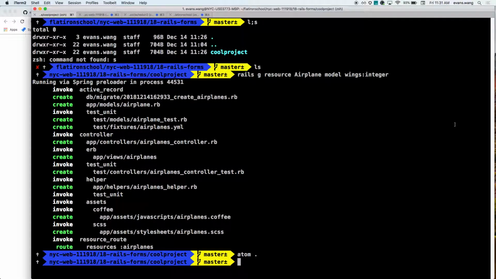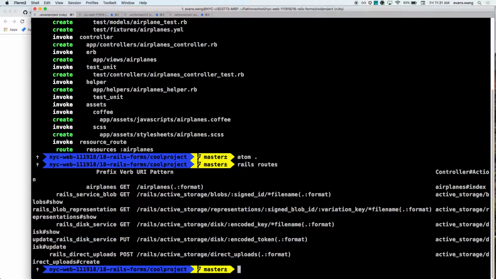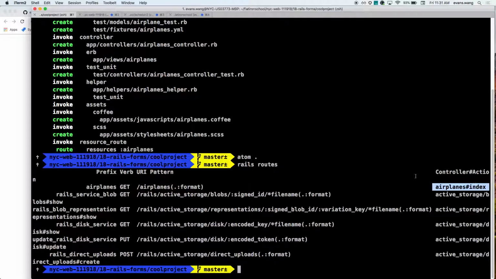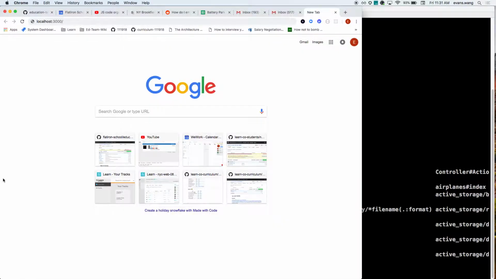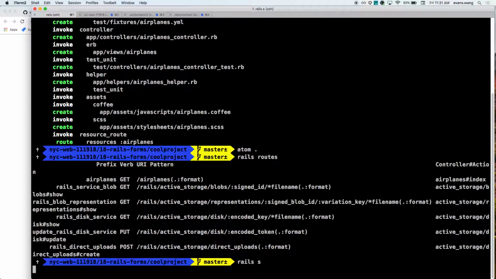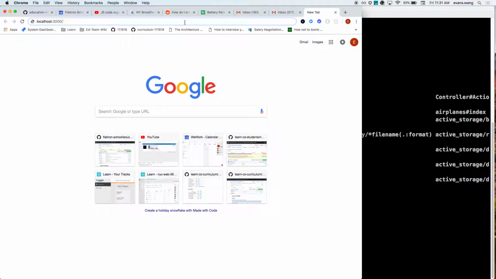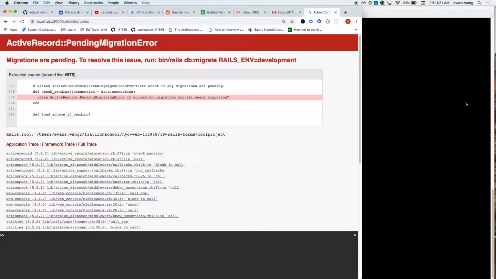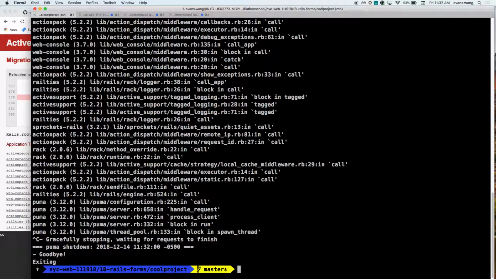If I want to check it inside my terminal, I can run Rails routes. And here I see a prefix, or these helpers. A get to /airplanes points to my airplanes controller with an action of index. If I wanted to see it inside the browser, I can go to localhost 3000, Rails info routes, Rails info. Oh. I didn't migrate, right? Whoopsie daisy. Rails DB